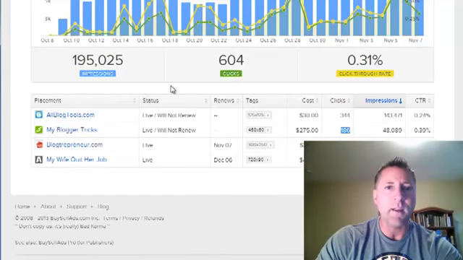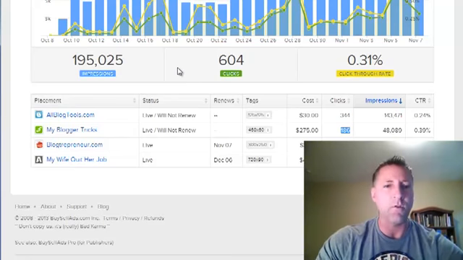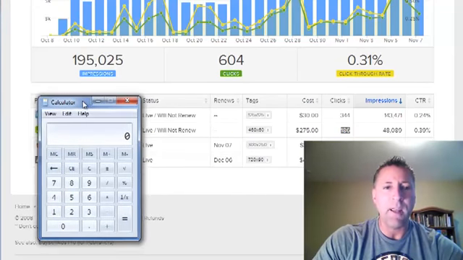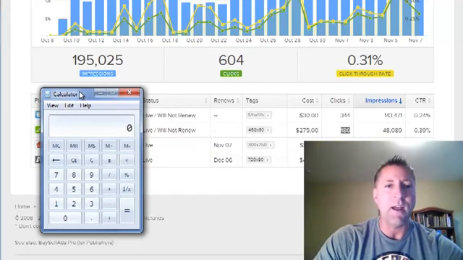If we go back into BuySellAds, let's break this down so you can get an overall picture. Most of the time when you're using done for you traffic, like buying traffic through solo ads or other traffic providers, you're going to be paying anywhere from 75 cents to $1 a click. That's pretty much the going rate for done for you business opportunity type traffic. But when you're running banner campaigns and managing some of this yourself, you can actually get traffic a lot cheaper than that. In fact, it's literally about half the price.